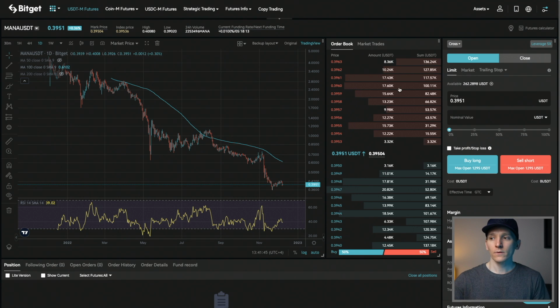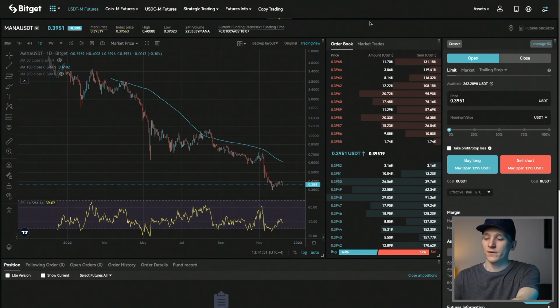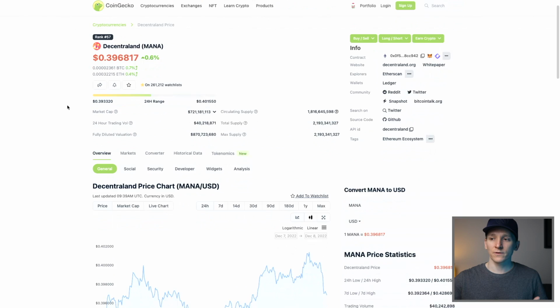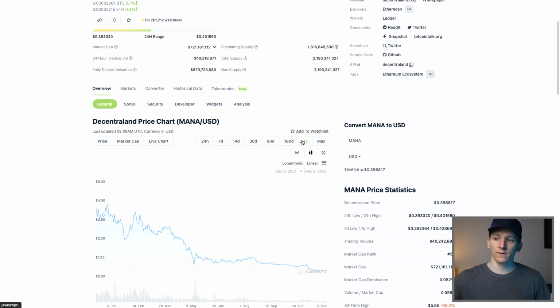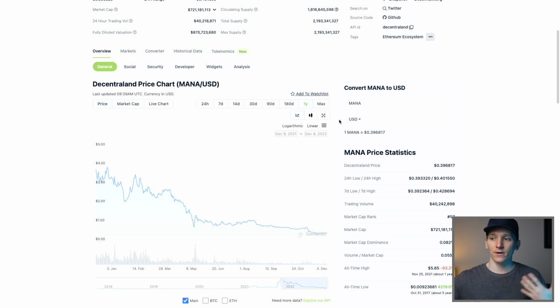Now, this is not investing, this is trading and speculating on prices, and so futures are good for that. But for most people, I would say this should be a very small part of the portfolio and risk should be managed. The reason why I mention it is a lot of people obviously like to feel like they can speculate on prices and they know where the prices are going to go, and they can make money short term. Now, one of the best ways that a lot of crypto traders make money is actually just basically shorting a lot of projects that have failed or have quite clearly not going to accrue value to the token.